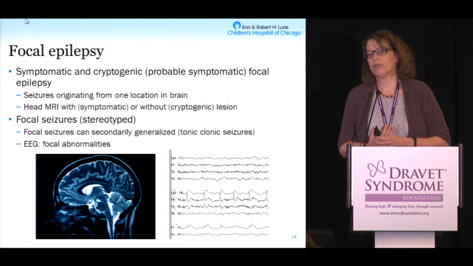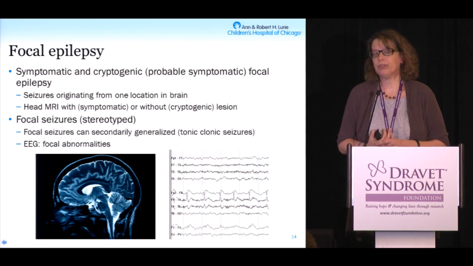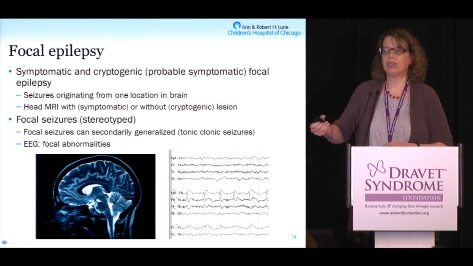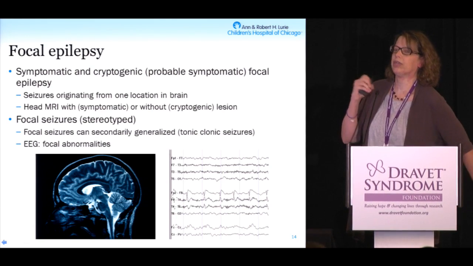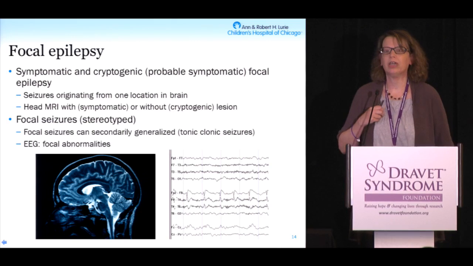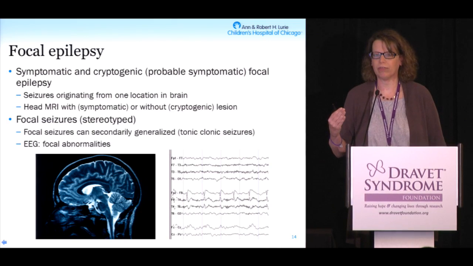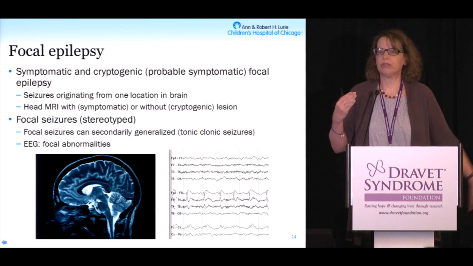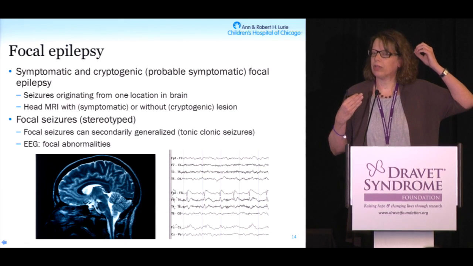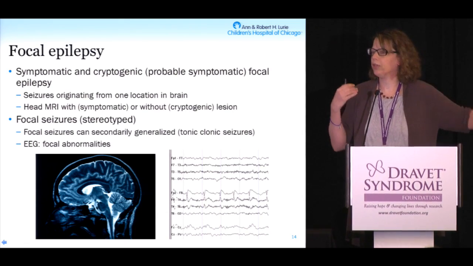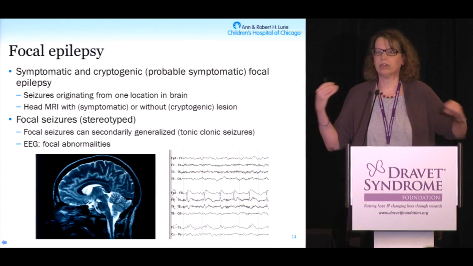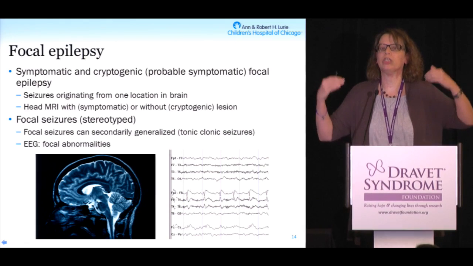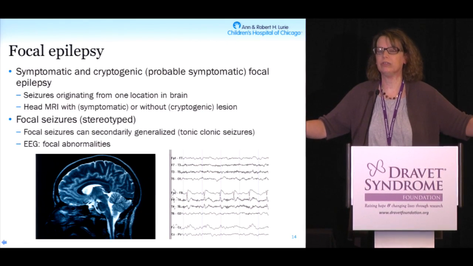Now, that's why for any families who have ever seen me, I'm always so specific. If they come in and say all their seizures involve a turning of the head to the right, stiffening, some jerking, I always ask, does it ever go to the left? That's what I'm trying to differentiate. Is it possible that you actually have a focal epilepsy, all seizures coming from one area, all the seizures looking the same,